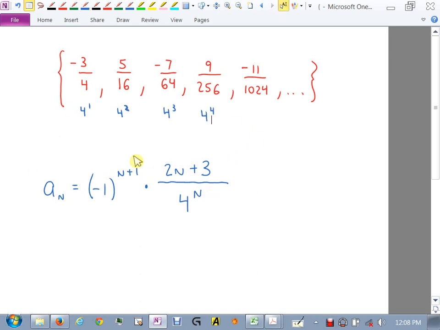So what you want is when you plug in 0, you don't want this to be 0. You actually want it to be a 1, right? And when you plug in 1, you want it to be a 2. And when you plug in 2, you want it to be a 3. So n plus 1 will create that formula. Difficult, very difficult to teach this. You're finding patterns in numbers and generating formulas from those patterns.